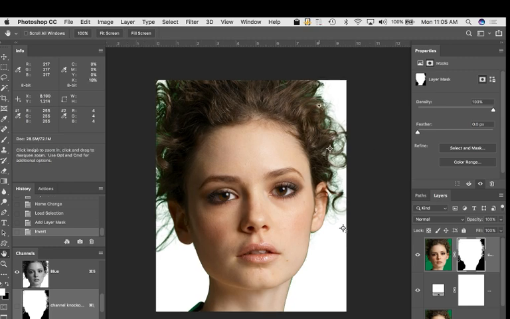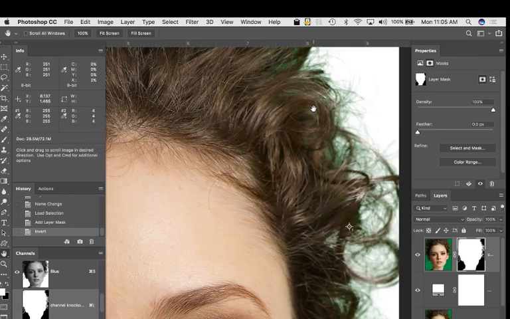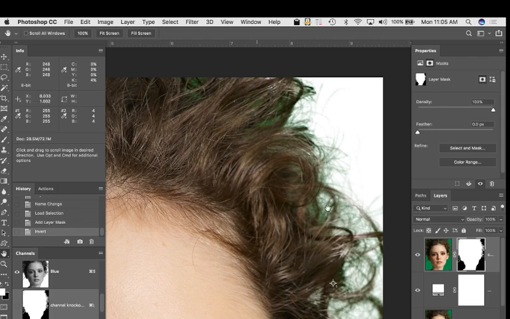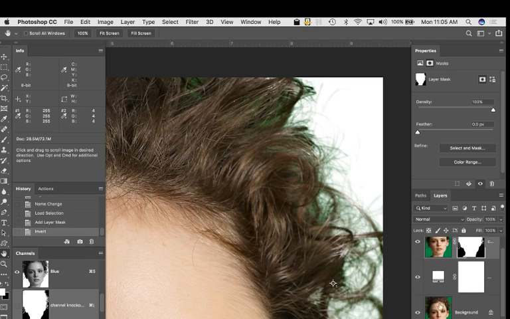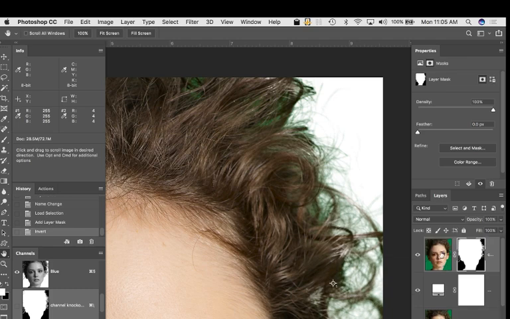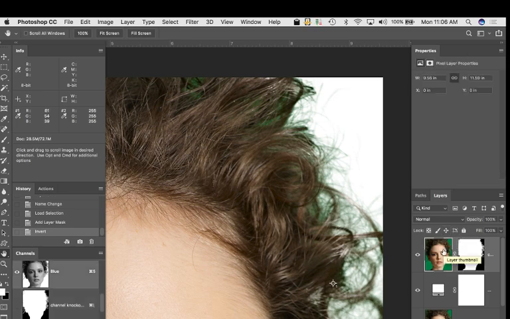Let's just zoom in. We're not going to do it all over, but we can do it in this area that's sitting right up here in her hair. I've got a lot of that green that's actually showing through here. I have my virgin copy of this image sitting right down here that's protected, it's locked, it's not going to go anywhere. So the move that I'm going to do now is destructive, but again, if it all goes to hell, I've still got the virgin copy that's sitting down here. So I'm going to be willing to actually work on this image and destroy this image to fix the spill